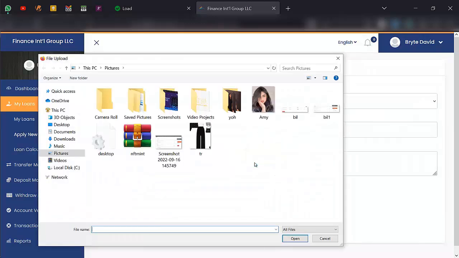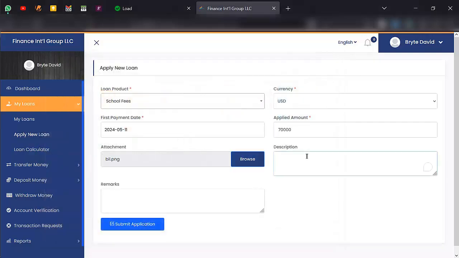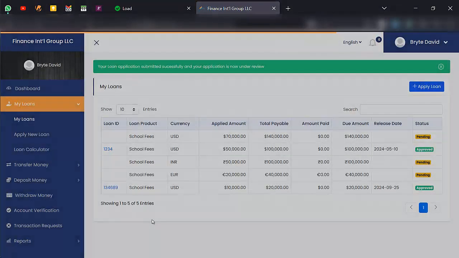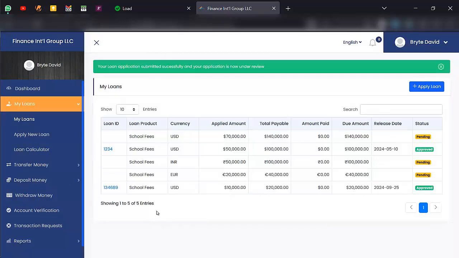I need to show, let's say, a bill or something that proves that I'm actually taking this loan for the school fees. Okay, so I'm just going to upload a picture here, and then I can put in any description. I need this for my fees, remarks. Okay, let's say please help me. So you can actually fill in anything you want, and you click on submit application, and you are good to go. Now all I have to do is wait for the admin